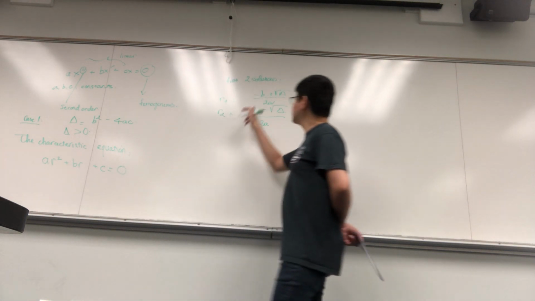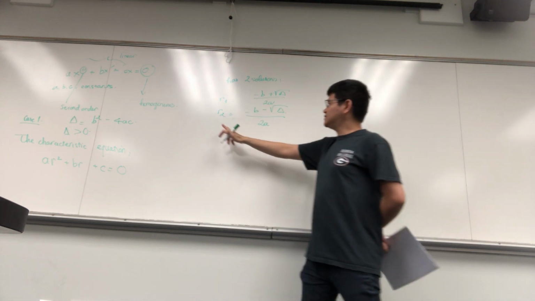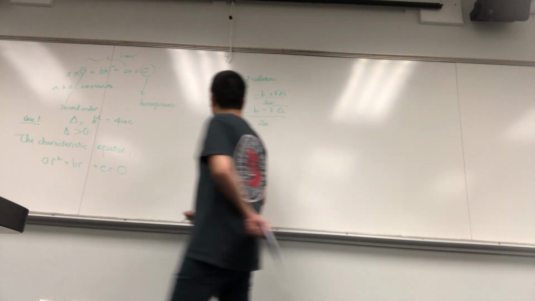The first one is minus b plus the square root of delta divided by 2a, and the second one is minus b minus the square root of delta divided by 2a. So when delta is positive, the characteristic equation has two solutions. In this case,